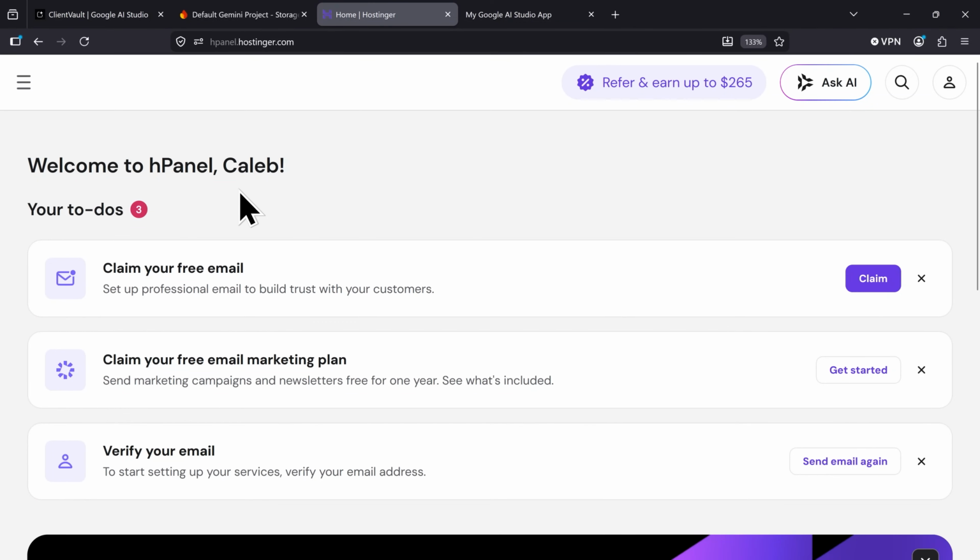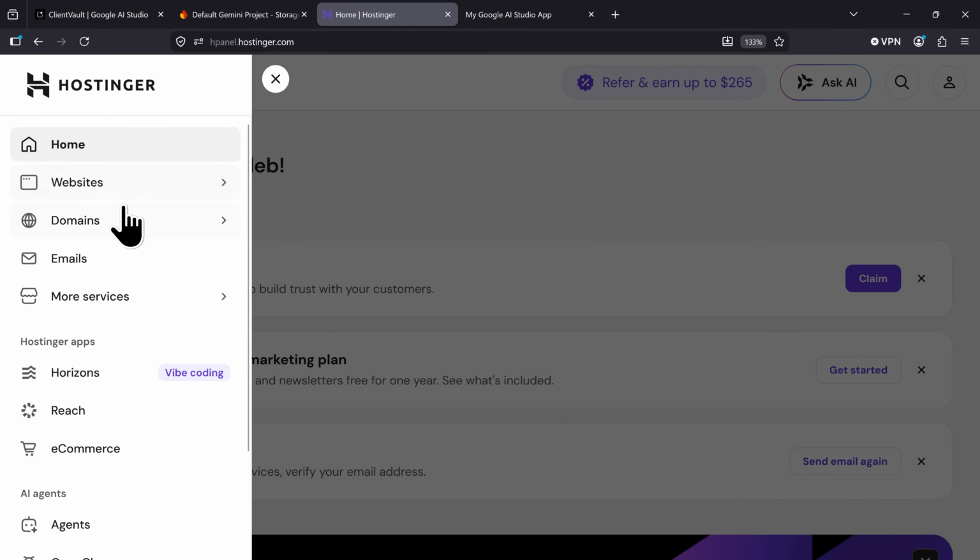And then here you'll find your hPanel. This is where you can manage your deployment and your hosting. Right here, you may have some items on your to-do list. And if you click on this here in the top left, and then click on websites,